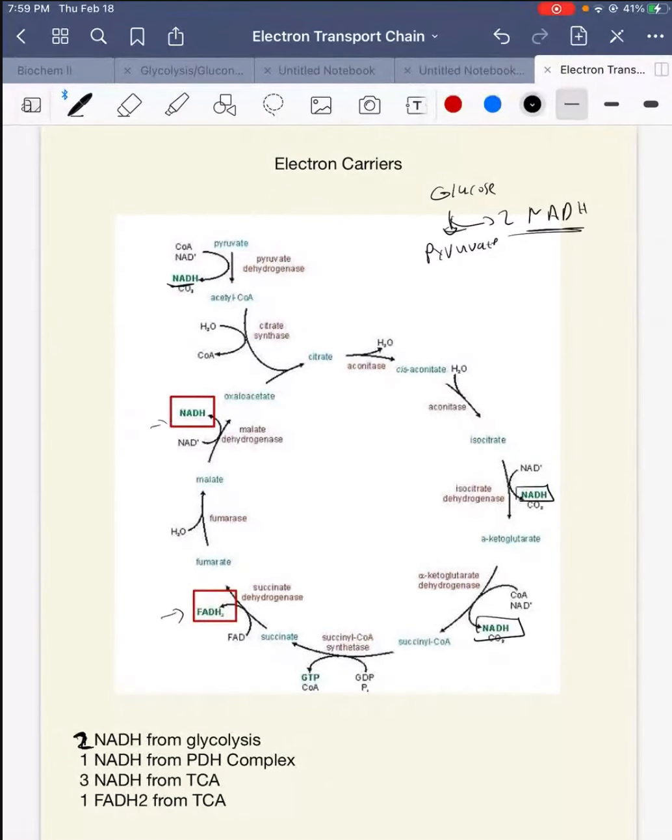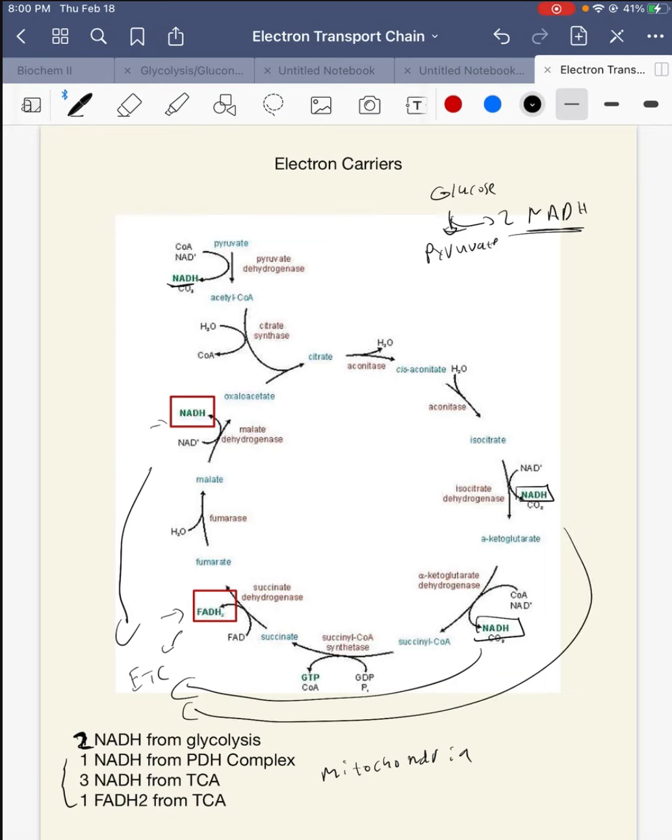So the ones from the pyruvate dehydrogenase complex and TCA are already in the mitochondria. Those don't really need to do much to travel to get to the electron transport chain, because TCA is in the mitochondria and the pyruvate dehydrogenase complex is in the mitochondria. So those can go directly into the electron transport chain and then generate even more energy for the cell. But for the NADH we make in glycolysis, those can enter